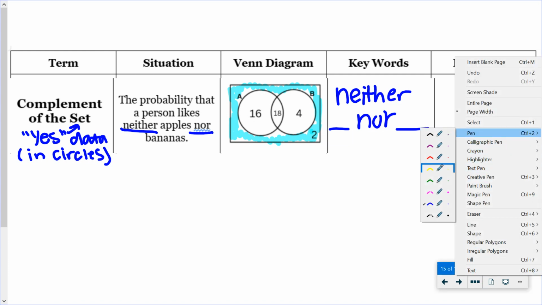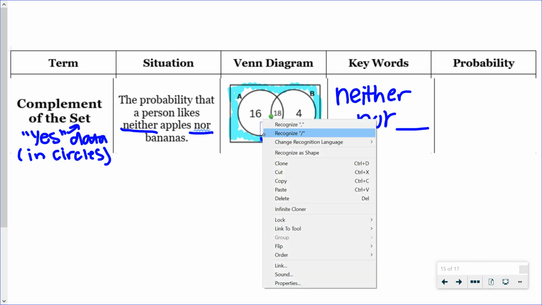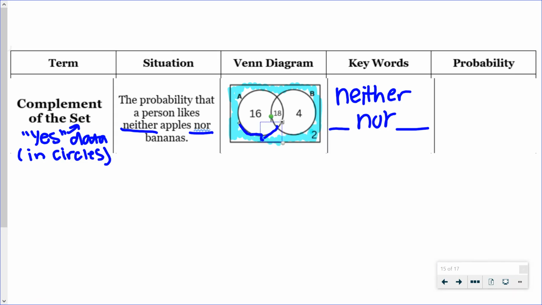And now if I think about how I'm going to write this, before I think about how I want to write this, I want to think about what is it that I'm finding the opposite of. Well, the opposite,